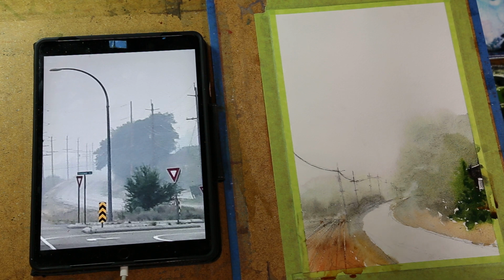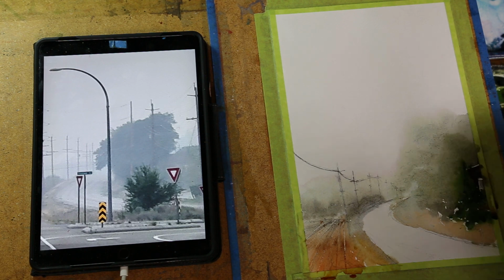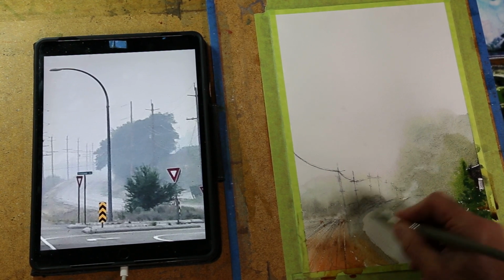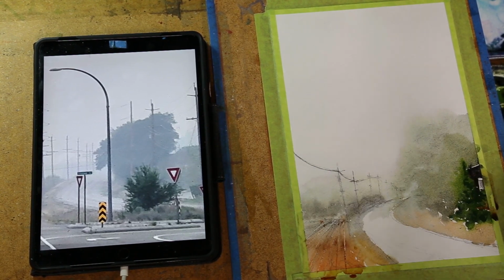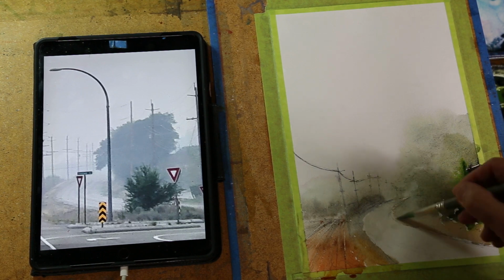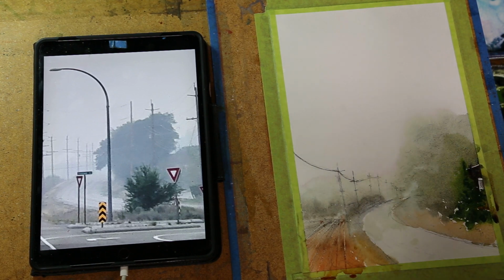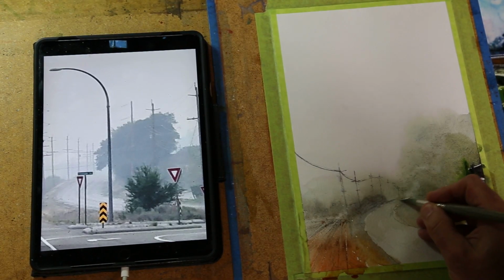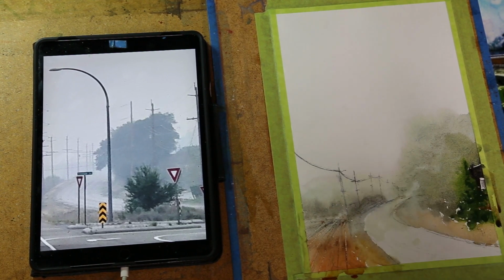And so I do want it a little bit blue back at the back end of it, so I'm going to leave this brightness here, but I'm going to change the tone of it a little bit back here to a little bit more blue. I want to pick that up there a little bit just with some clean water, like that. And then the closer in we get, I know that it's really not blue in real life, this road,